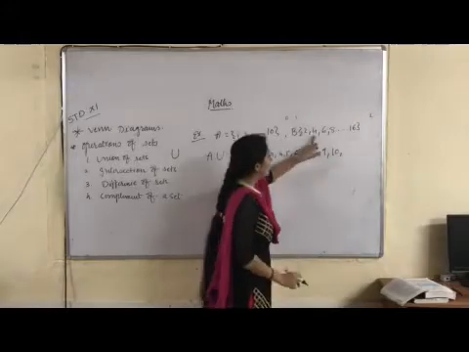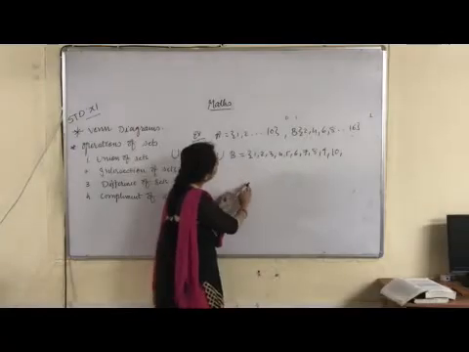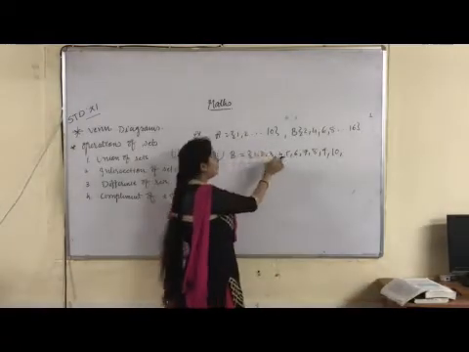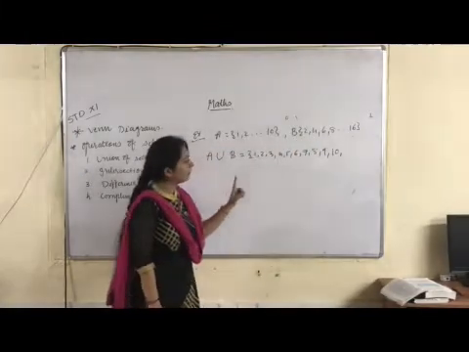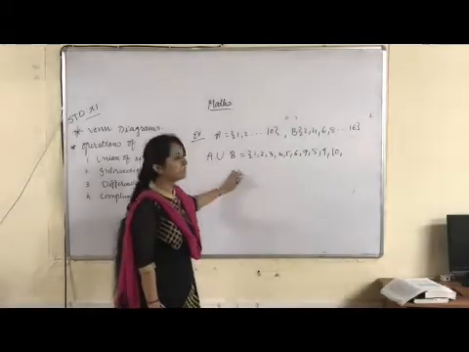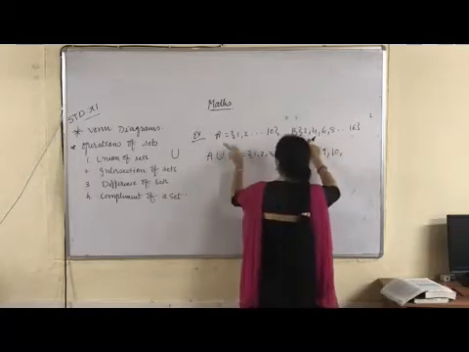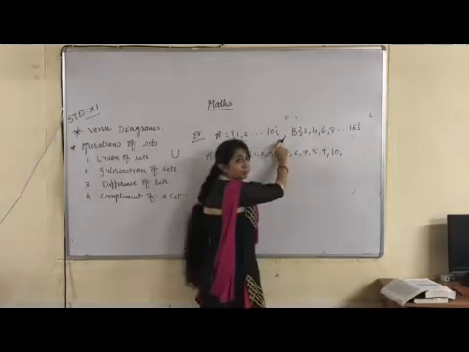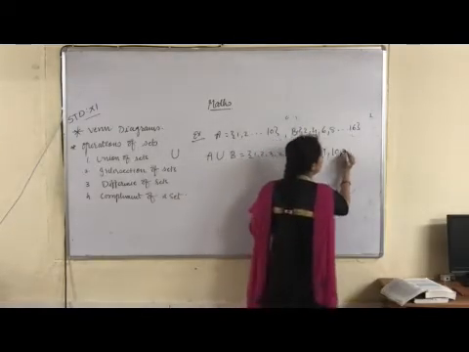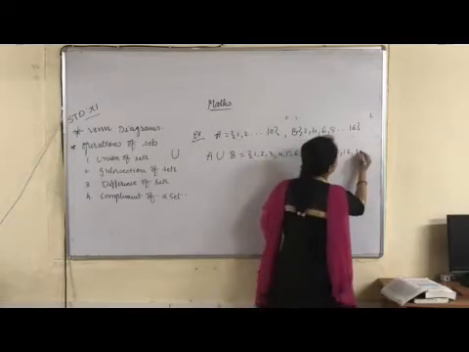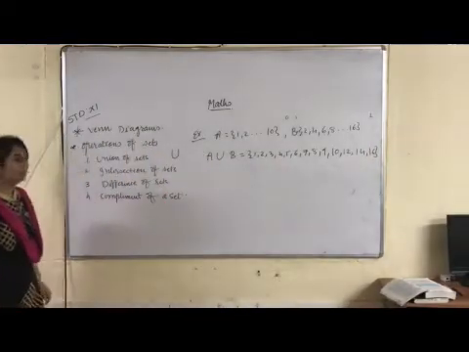Now from set B, while doing union, we have to collect each and every element which is a part of either set A or set B. But you have to be careful that one element can be written only one time. It can be represented uniquely. So 1 to 10, then after that, in set A the last element is 10. Now from set B, even numbers are there. So 11 will not be there, I write 12. 13 will not be there, 14. 15 will not be there, 16. This way we can do A union B.